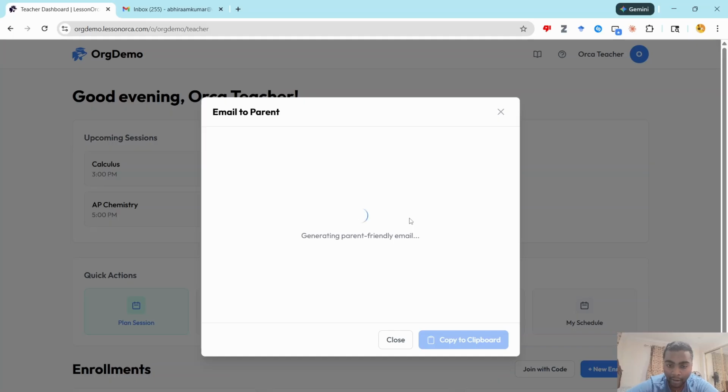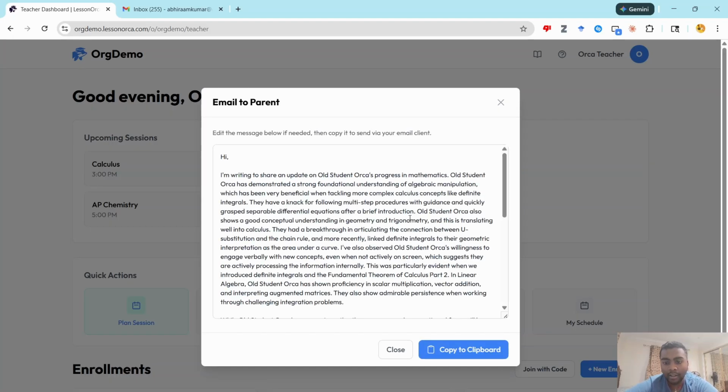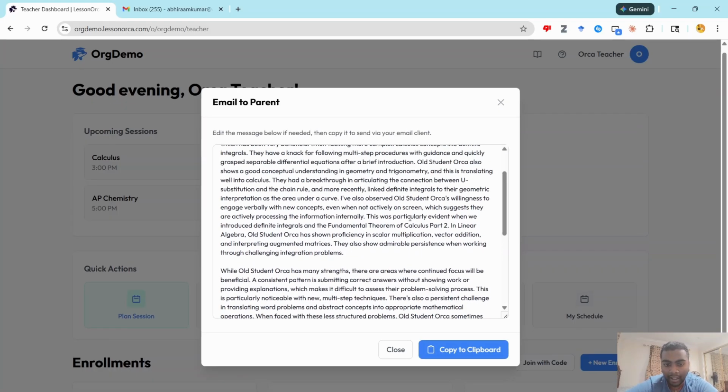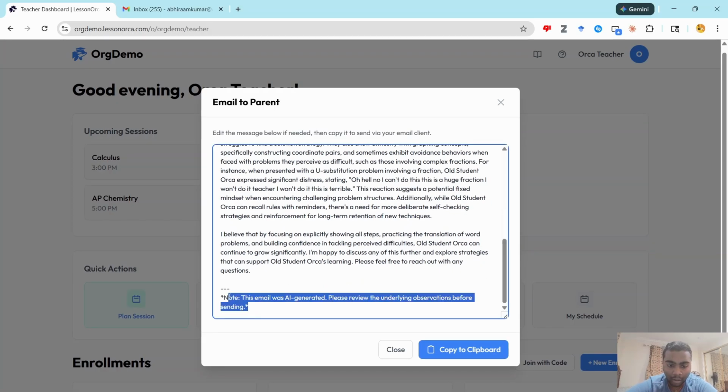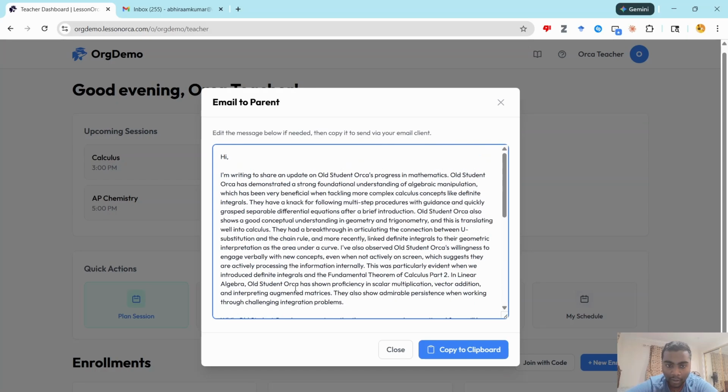Wait for it to generate a parent friendly email. And so then it made like an email. We have this little thing at the bottom so you can make sure to remove it. And then we read through the report and we see how much we like it or what we want to change. So yeah, we kind of go through,